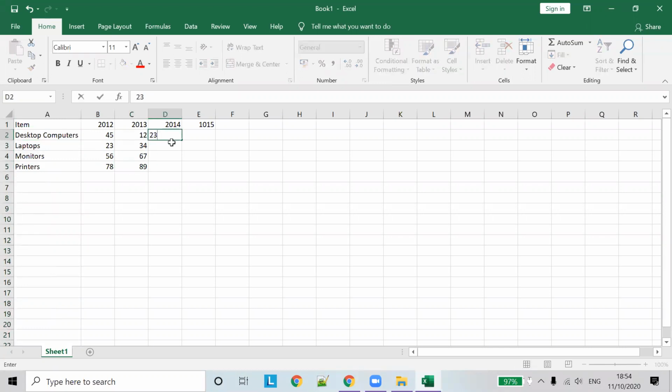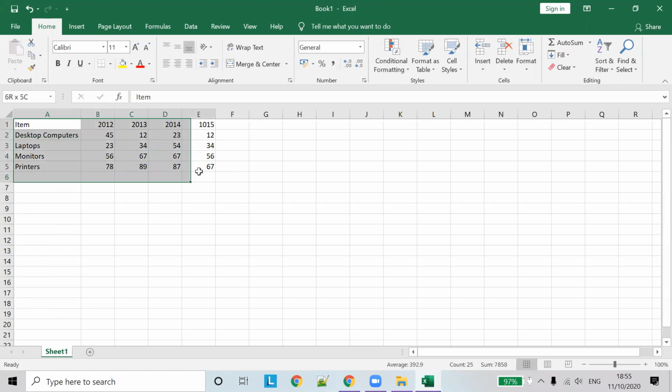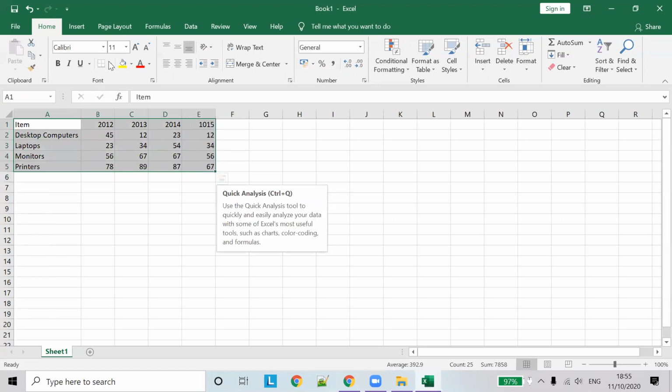We are filling up the data. So we have a shop that sells all these items, and we have data on how many items have been sold each year: 2012, 2013, 2014, and 2015. So we have this table.